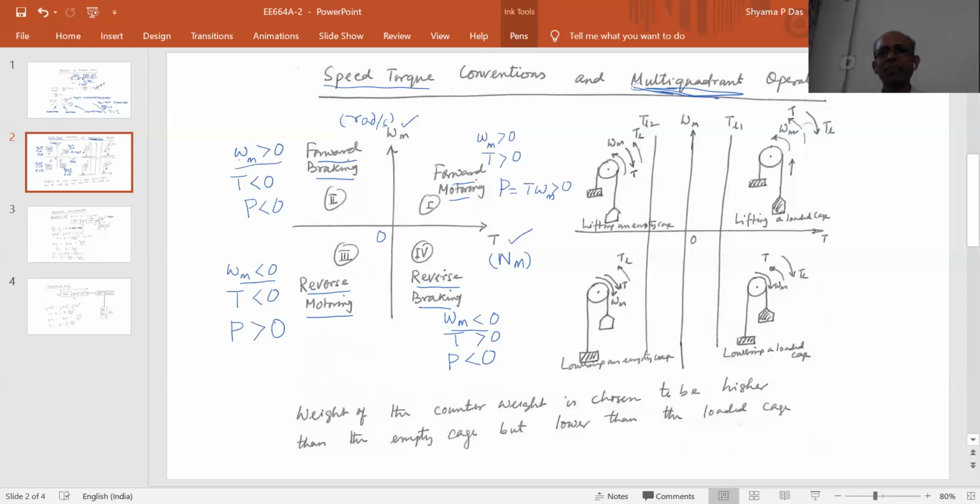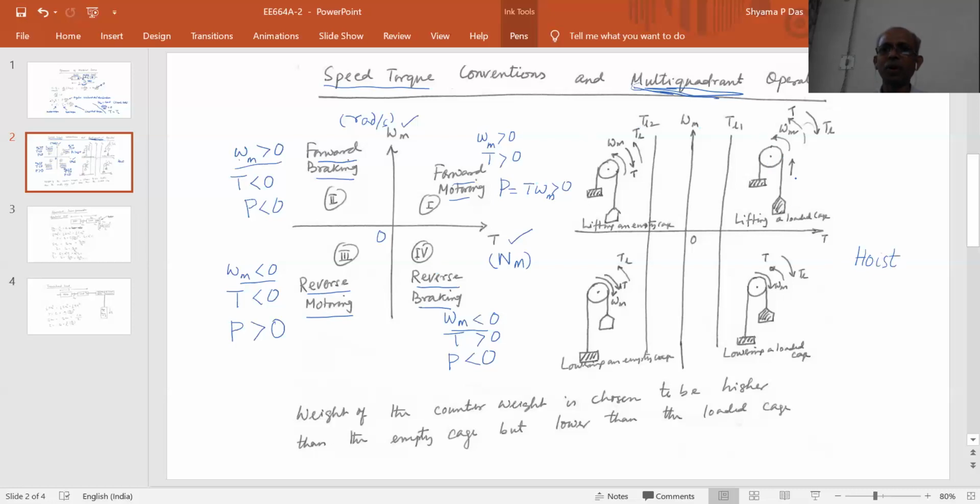Now let us see a practical example. Now we should understand, does it have any practical significance? Yes. All of us have traveled in a lift. Suppose we are in a multi-story building, and we have to go from the ground floor to, let's say, the 5th floor, or maybe from the 5th floor to the ground floor or first floor. So we use the lift. Now the lift is powered by a motor. And this is the situation of a lift. Lift is also sometimes called a hoist.